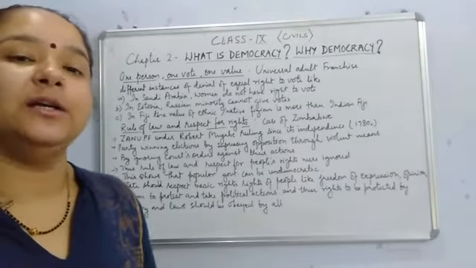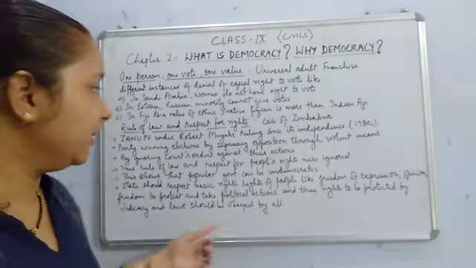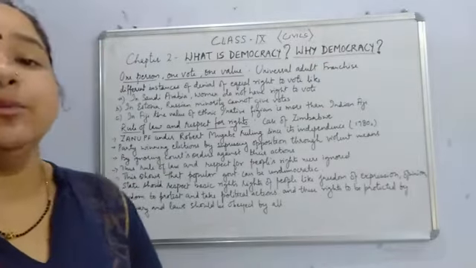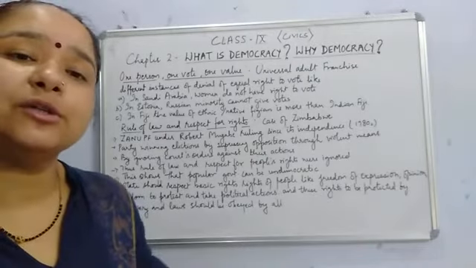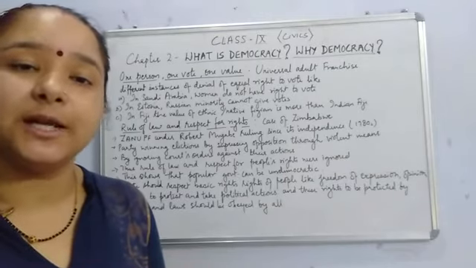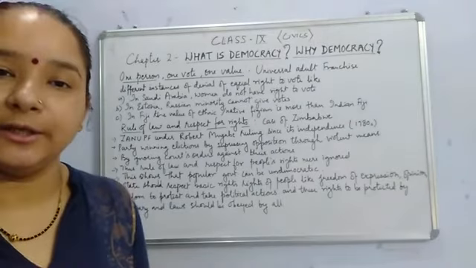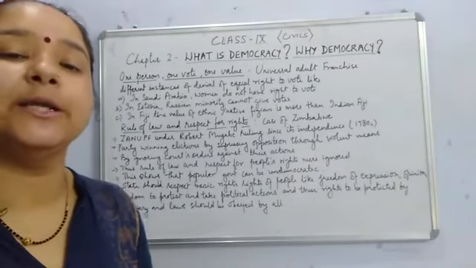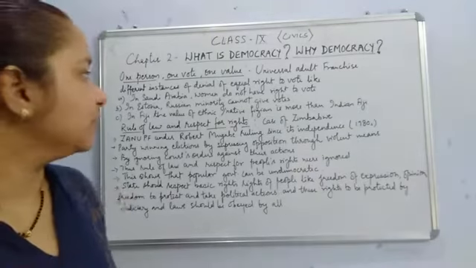Then only the country can be called a true democracy, right? So it becomes very essential in a democracy that the government should work within the limits of the constitution, and they should respect the basic rights of the citizens. They cannot work against these two things. Then only a nation can be called a true democracy, right? So this is all about